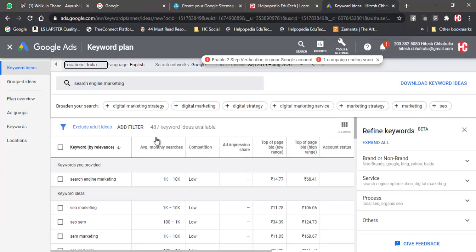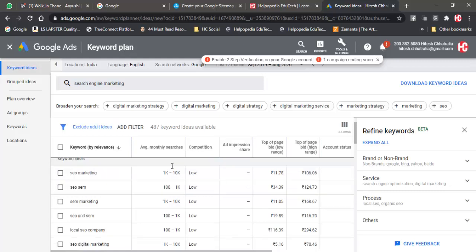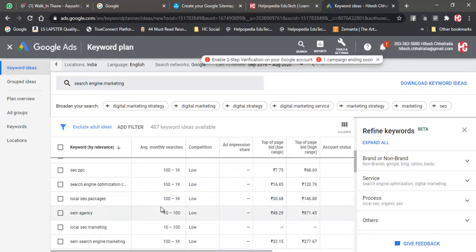So now if I decide that my keyword is search engine marketing, I need to rethink, because 10,000 is very low. Out of the whole population of India, if I just consider 10,000, and there are other millions of websites available on Google, then how can I compete with all of them? It would be very difficult for me to compete with them, and only 10,000 people are searching. So for that reason I need to select some other keyword which is better.